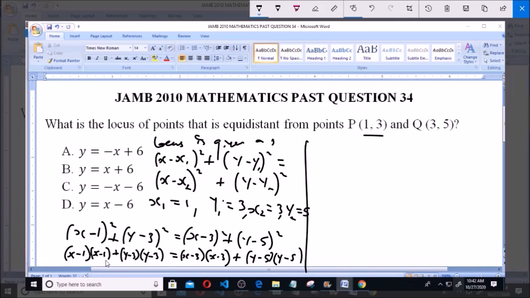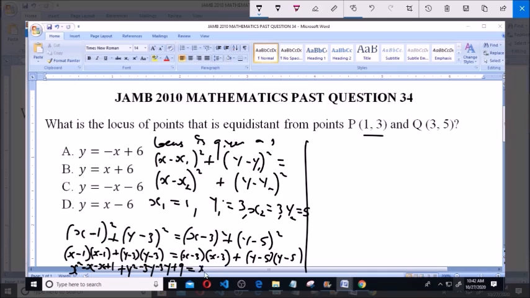Minus 1. So from this first expression here, by opening the bracket, we'll have x square, that's x times x will give us x square, then minus x times minus 1 will give us minus x, minus 1 times x will give us minus x, then minus 1 times minus 1 will give us plus 1, plus, now we're in this bracket, y times y will give us y square, y times minus 3 will give us minus 3y, minus 3 times y will give us minus 3y, and minus 3 times minus 3 will give us plus 9, which is equal to, now we are here, x